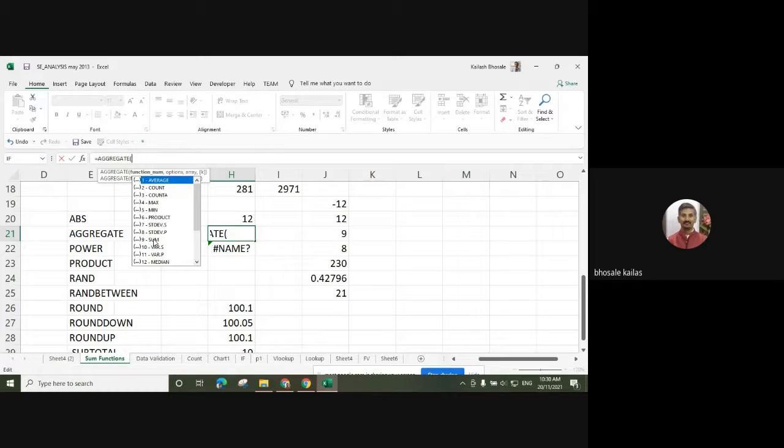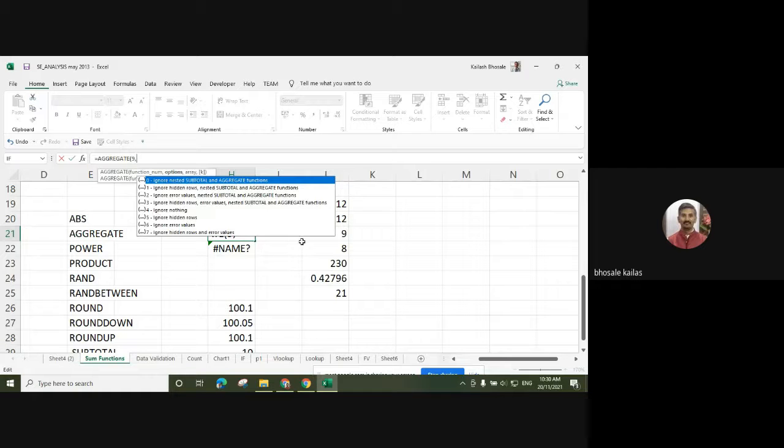Suppose I want to make the summation. So click on this 9. Then it is asking whether to ignore nested subtotal and aggregate functions. Option 1 ignores hidden rows and nested subtotal and aggregate functions. This is third, fourth.